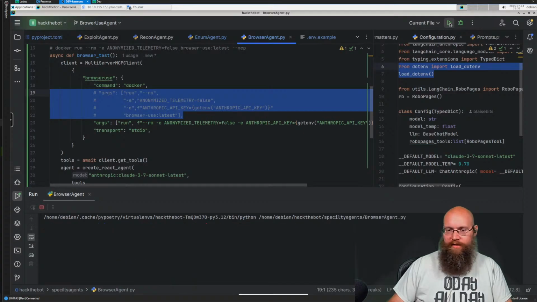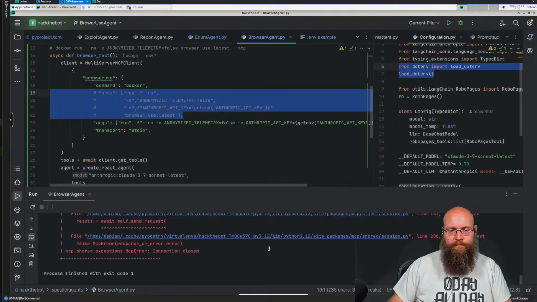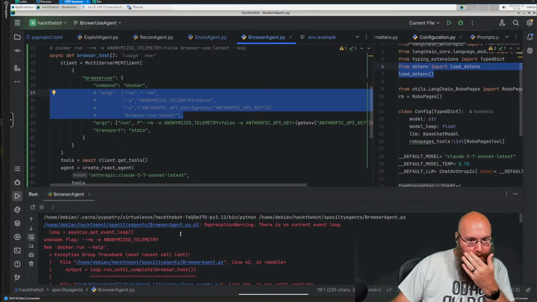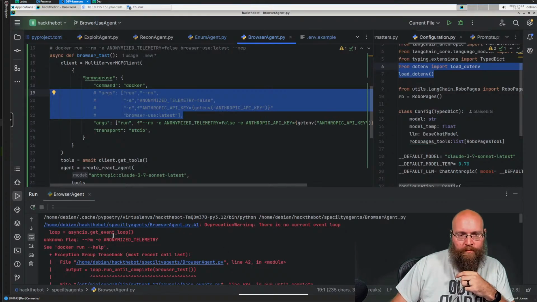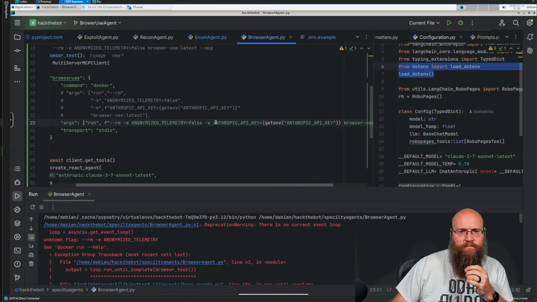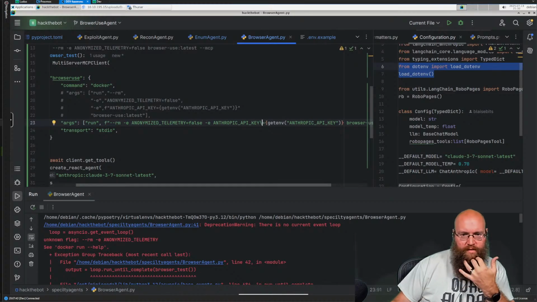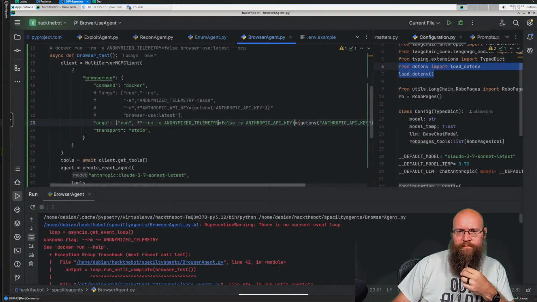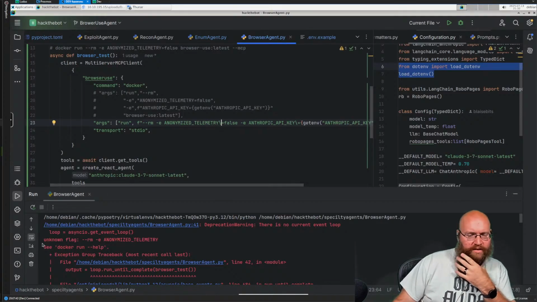Let's try running this again. Let's see what happens. Womp womp. Didn't like that. Let's see. Do I need to escape this for some reason? Because I noticed here what we're getting is an unknown flag.